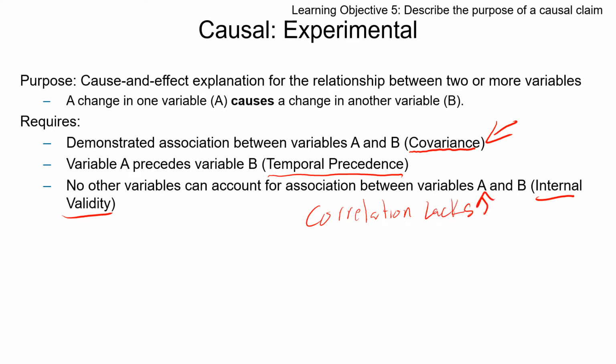Now, it's possible that correlational analyses lack temporal precedence. But that's easier to prove with the correlational. You can still prove temporal precedence. You can still prove that one thing occurred before another. But you can't count out other variables or control. This is what's referred to as control. You can't control for other variables